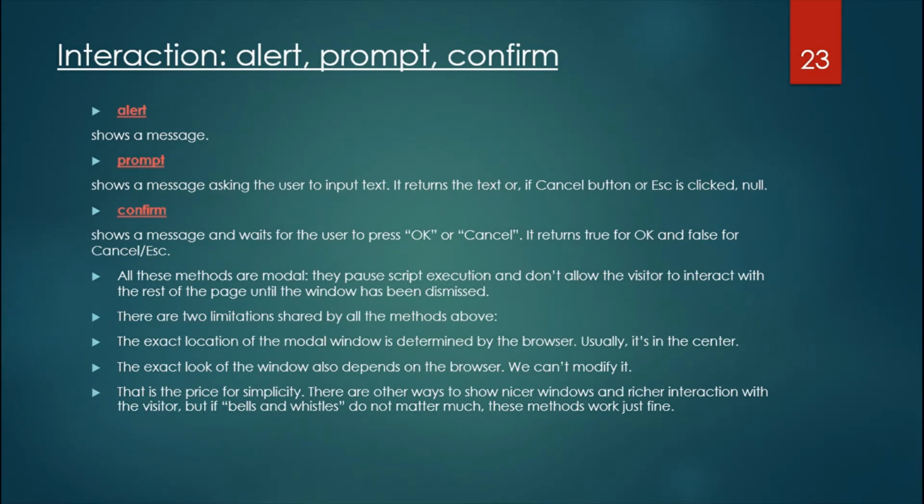So after learning the operators, the data types, and the variables, we are now looking into some of the different windows we use. There are windows like alert, which shows a message. Window means what we see when we open our browser: a small window asking whether you want to save this password, or whether you want to stay on this page, or any kind of message. So it's like an alert window, or an alert page.